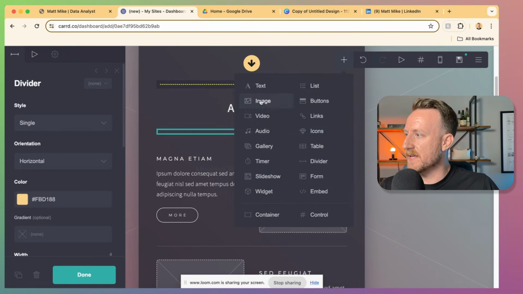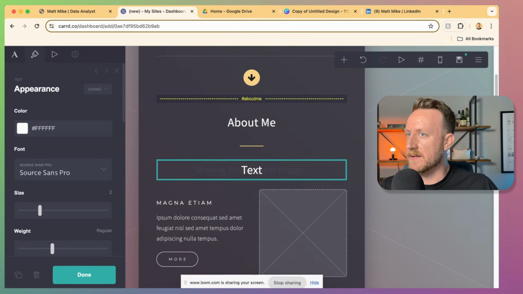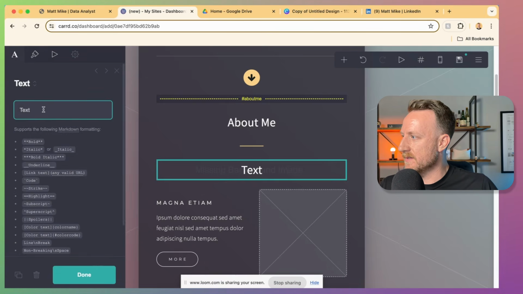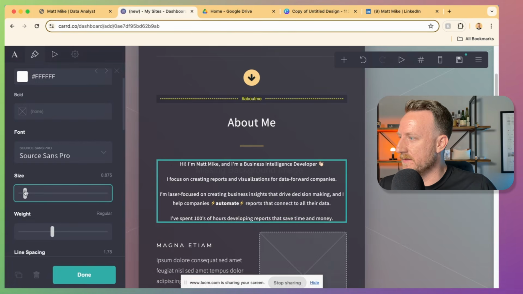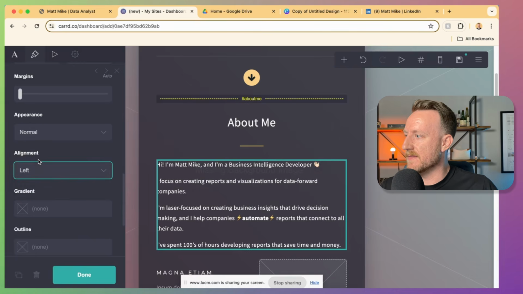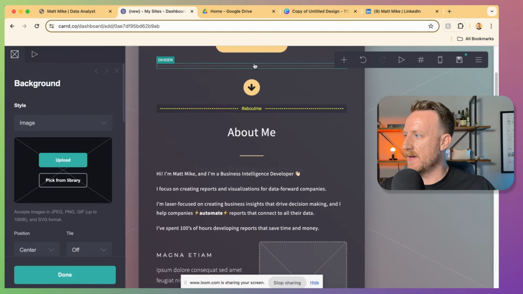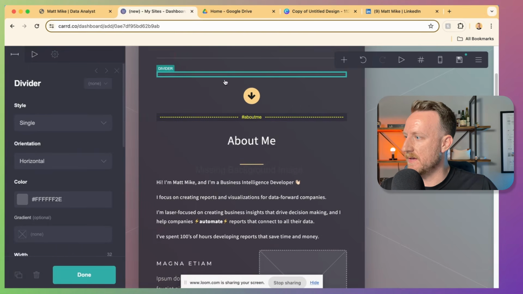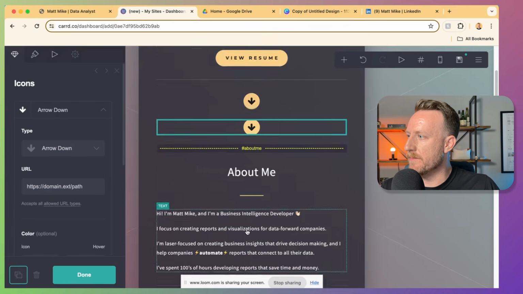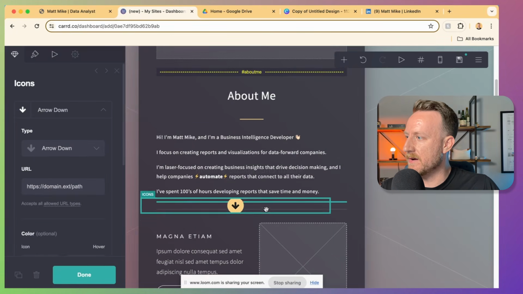Now for the text in our About Me section, we'll add a text box here. And then I'm just gonna copy and paste what I already have written to save some time. And definitely gonna reduce the size on that and set the alignment to left. And then we're gonna add this longer divider here, and we're going to make a copy of our icon, our